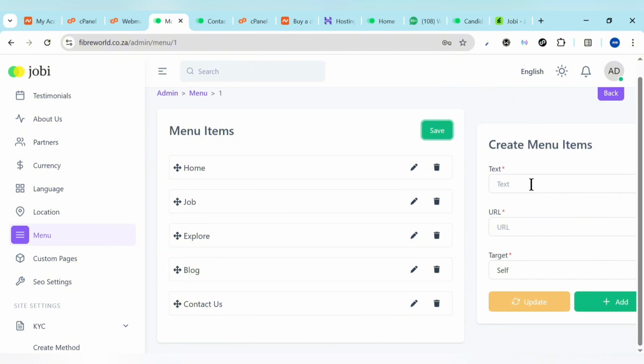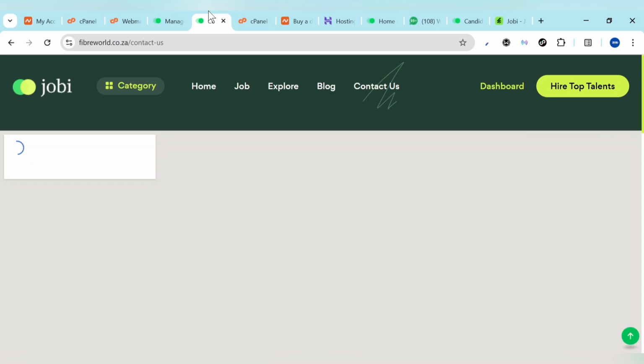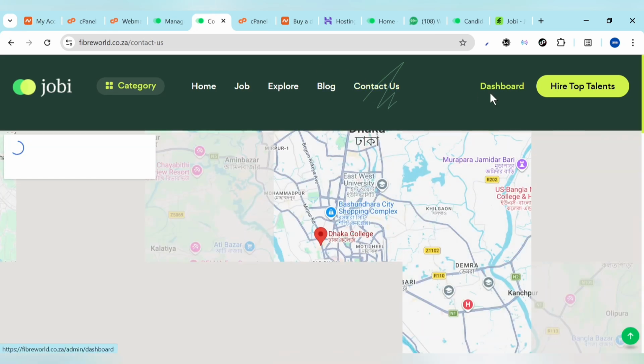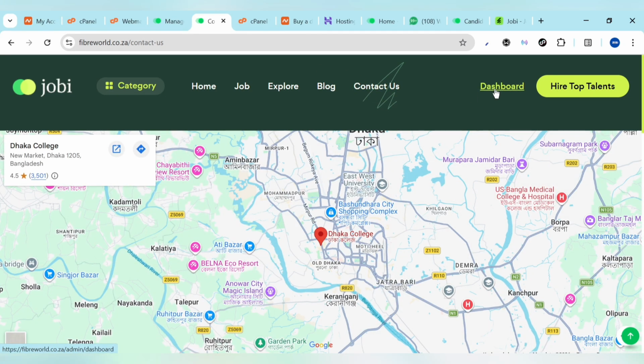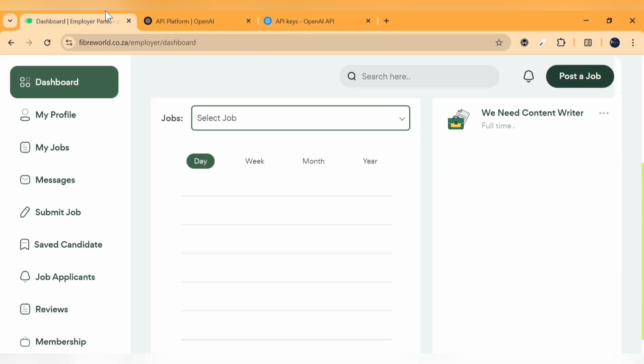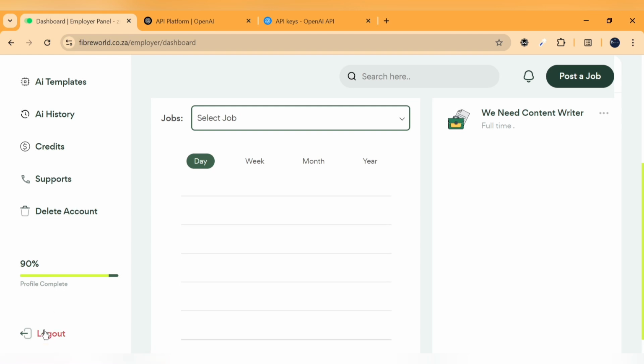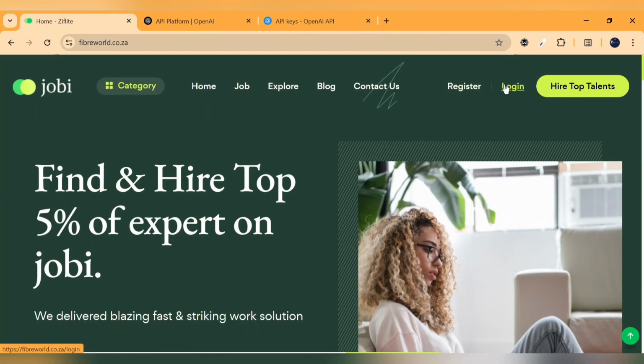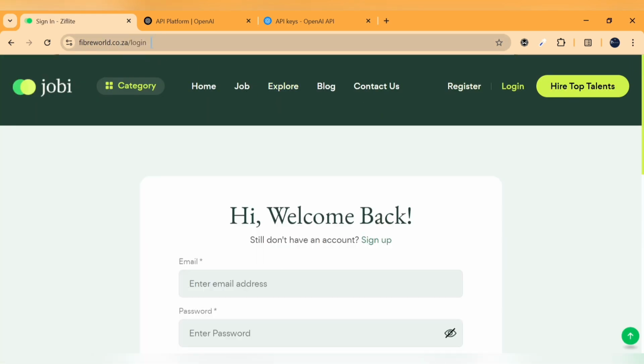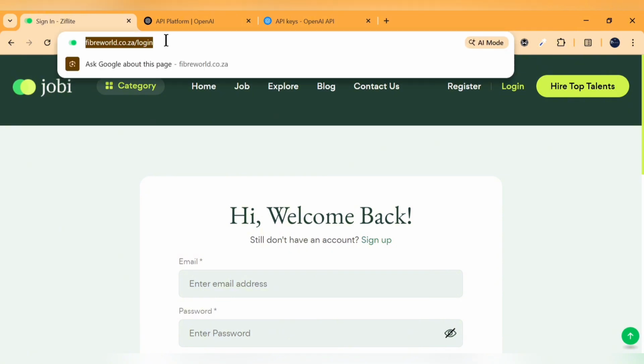Now you can add any URL and add a new link, right? Let me show you what I mean. So let's say I want to add a login button. So let's open this here. Once I come here and click on, first of all, let me log out here. Then we click on login here. Now notice the URL. It added a login extension. So what we want to do is to copy this, come back here,